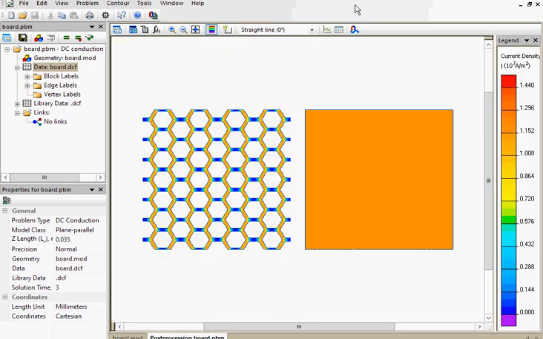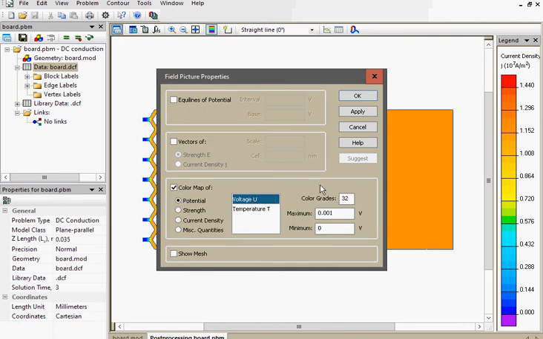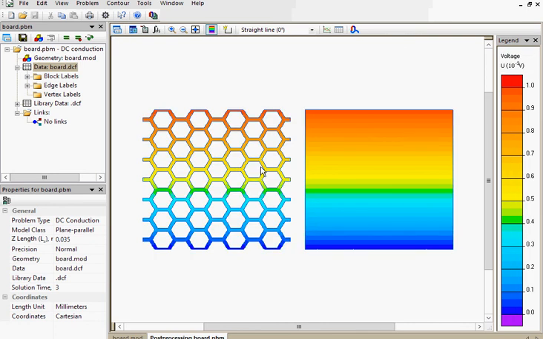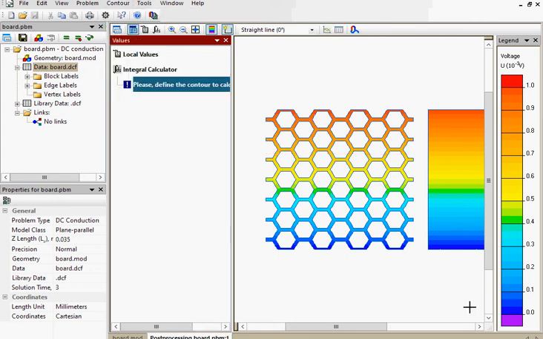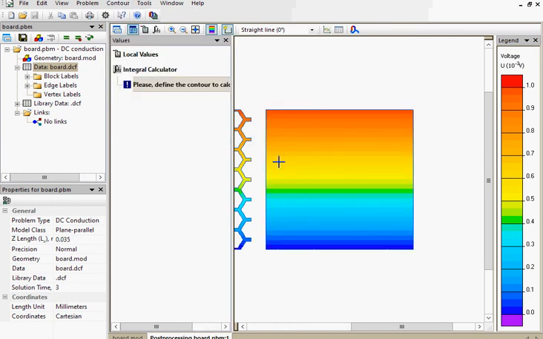Now that's all. Here we have solid and hatched planes side by side. I will adjust the field picture and switch on the color map of electric potential. Now you see the potential distribution is identical. Let's compare the currents. Again, I will use the contour tool, integral, hatched plane current 0.34, contour clear, and the solid plane current